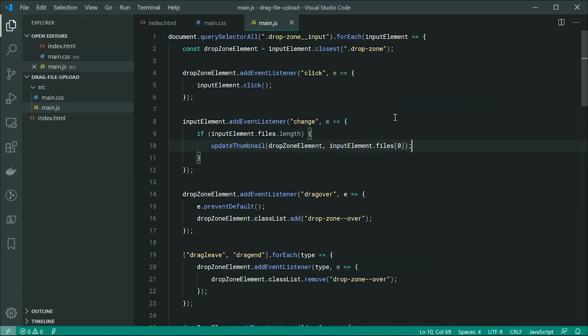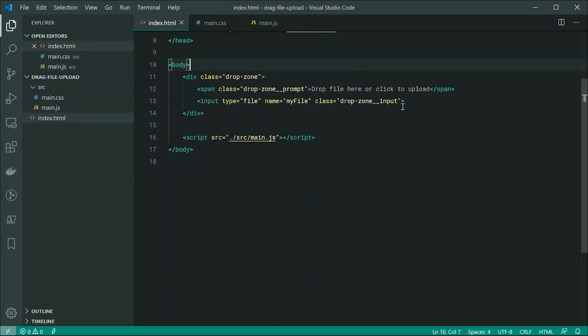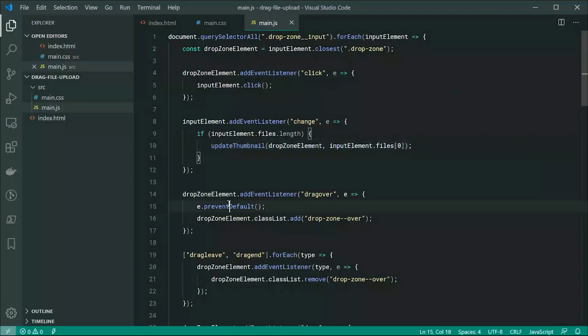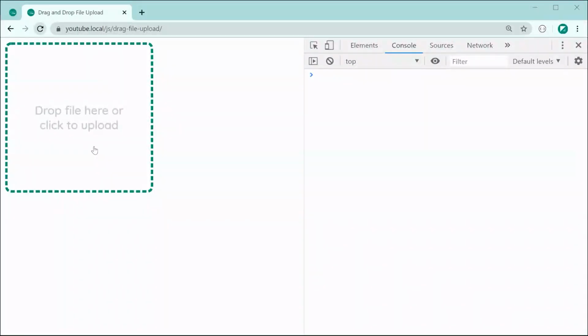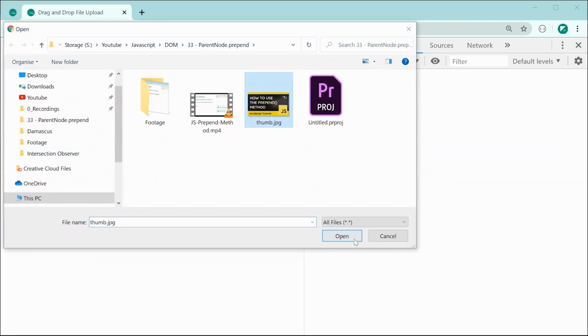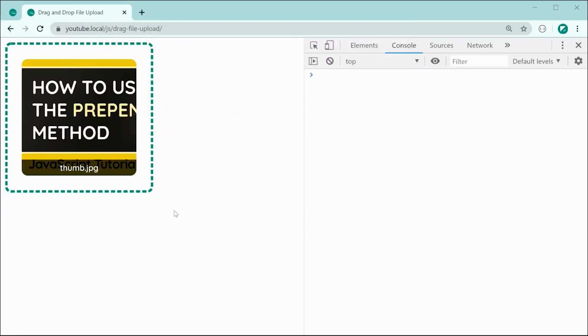If you want to support multiple files here, you need to simply add the multiple attribute to the input file just like that. Okay, so now I'm not going to do that. Let's just save this and then refresh the page, choose a file once again, and we can see it now displays as the thumbnail. So that is the main chunk of the work for the drag and drop file upload,